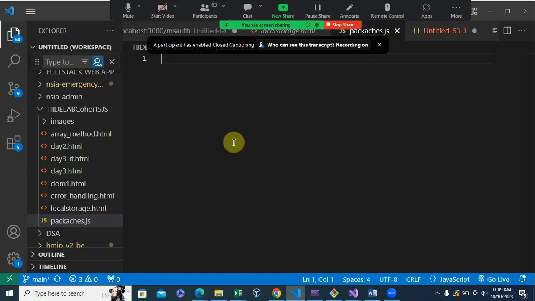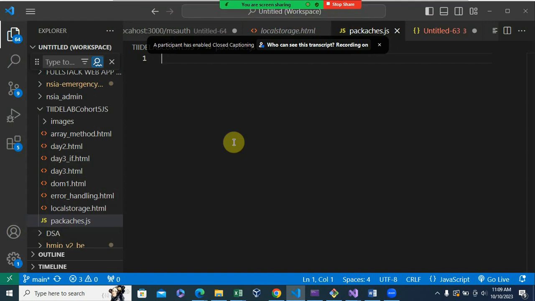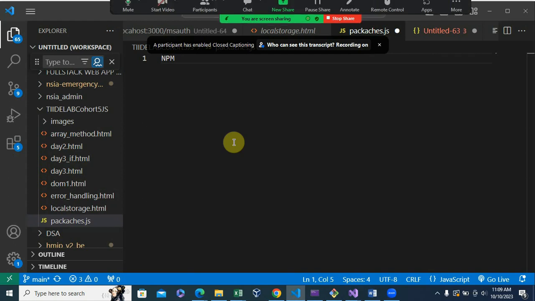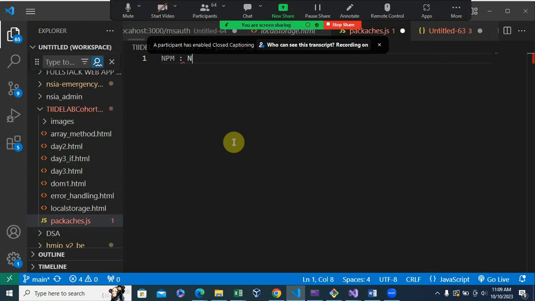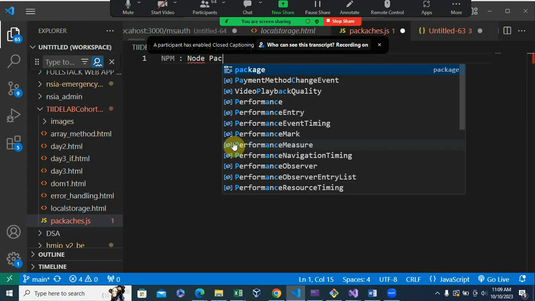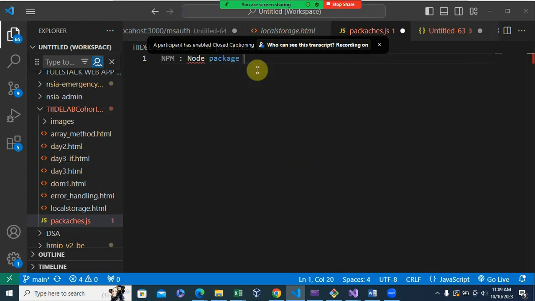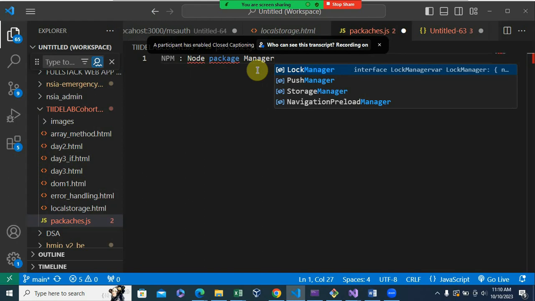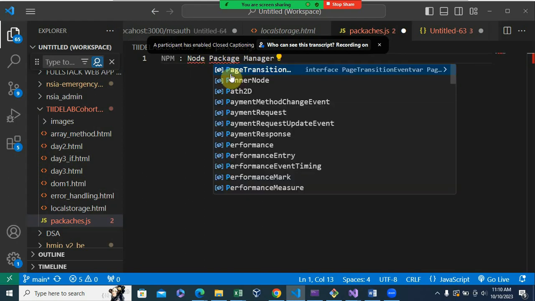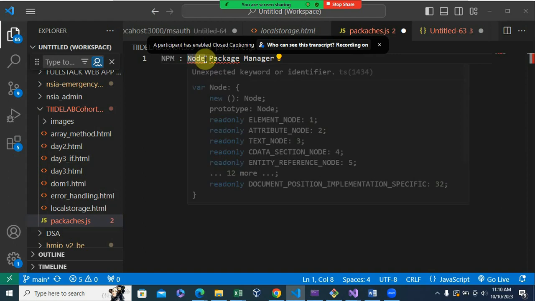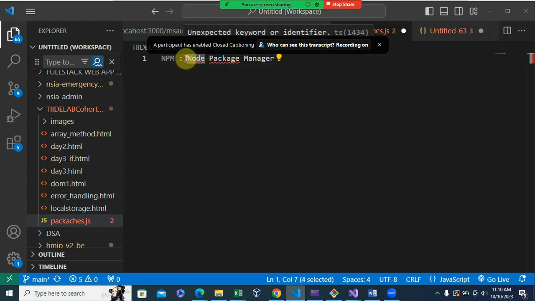All right, so the notable package manager for JavaScript, like I mentioned, is Node Package Manager, which is npm. npm is Node Package Manager. So as you can see here, it uses Node, and Node of course is a JavaScript runtime. All right, so we use this to